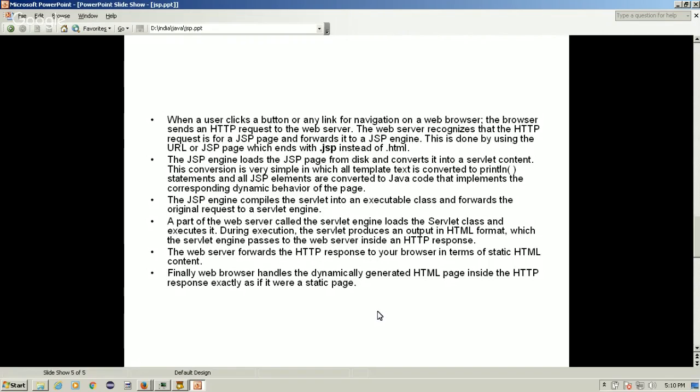During execution, the servlet produces an output in HTML format, which the servlet engine passes to the web server inside an HTTP response. The web server forwards the HTTP response to your browser in terms of static HTML content. Finally, the web browser handles the dynamically generated HTML page inside the HTTP response exactly as if it were a static page. So this is all about the JSP technology,